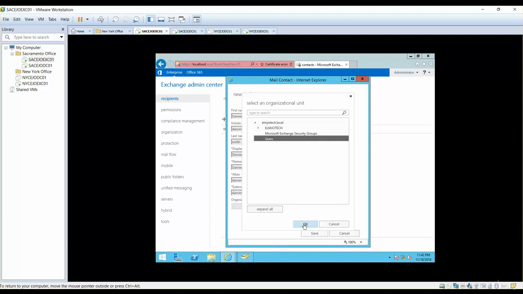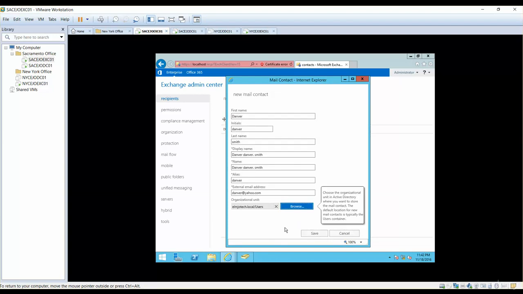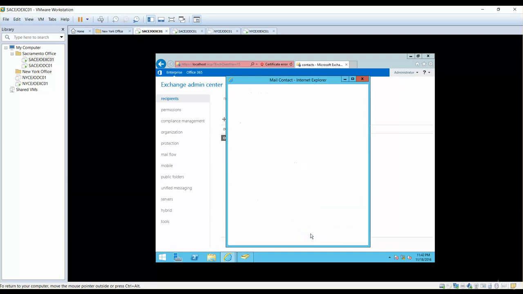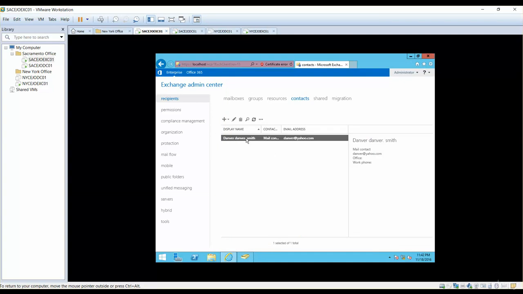and we are creating a mail-enabled contact so that your users will be able to send emails to, and this mail contact is going to be available in your address book. So that's how you can create mail contacts for your external user account. That doesn't mean that this user will be able to log in to your Active Directory domain. The only thing that you can do with this user is you can send an email to this